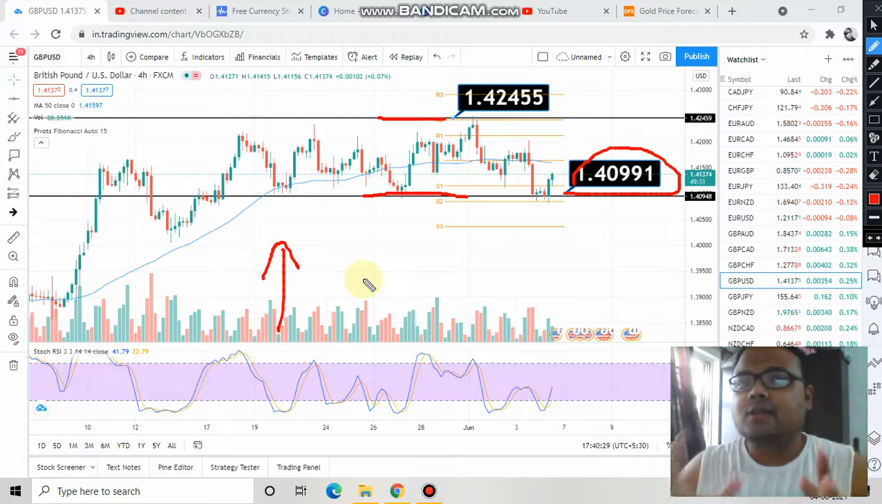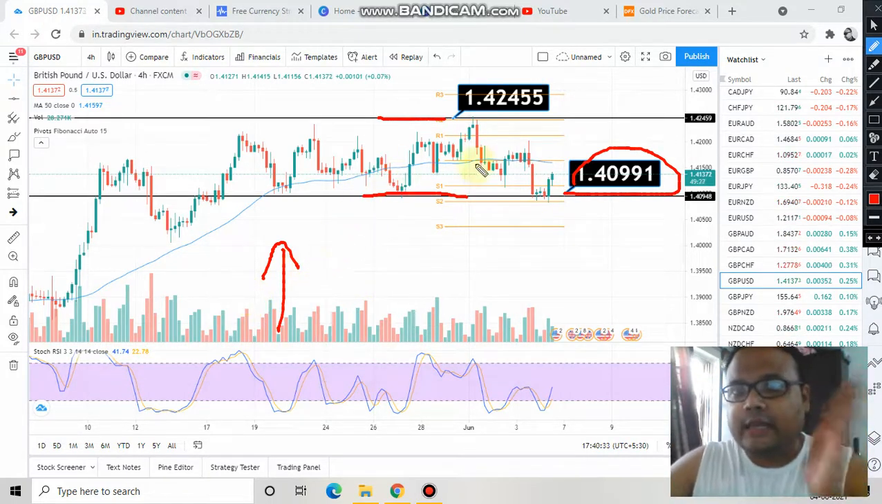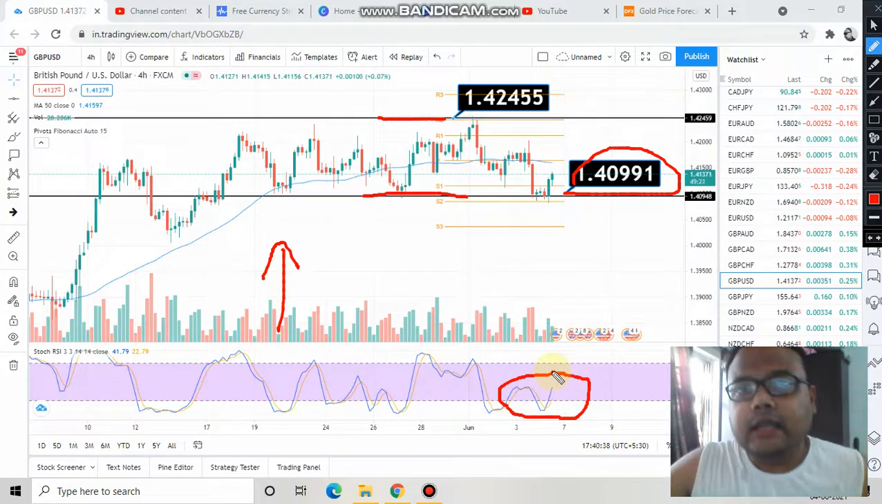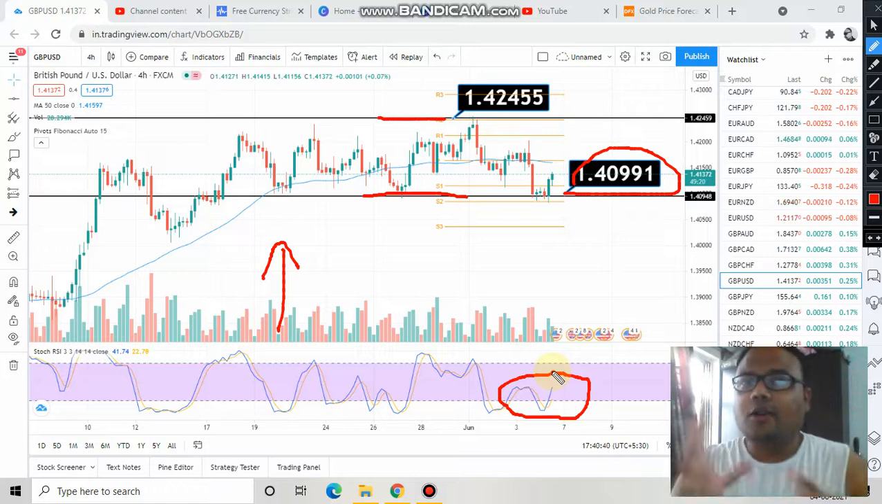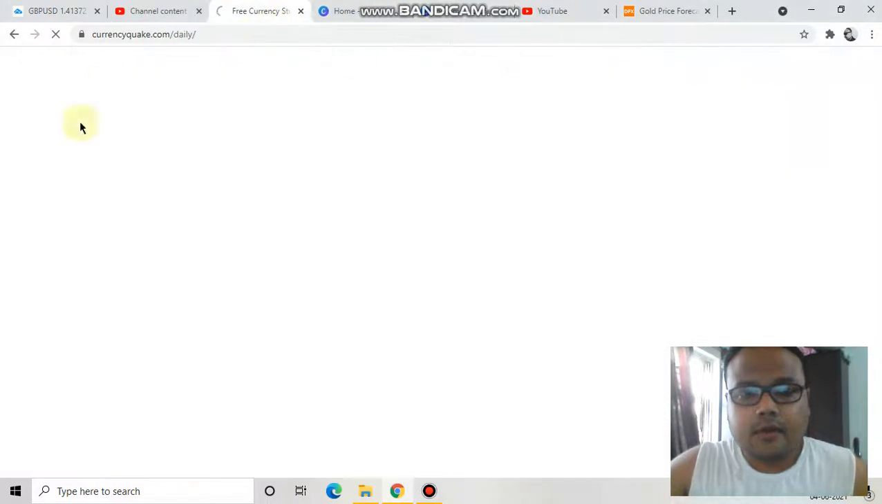And when we got GBP USD at this particular position, all the factors were so beautifully matched. Market is in an uptrend, it came to the support, and stochastic RSI was also in the oversold zone. So therefore all the factors were lined up. Plus,